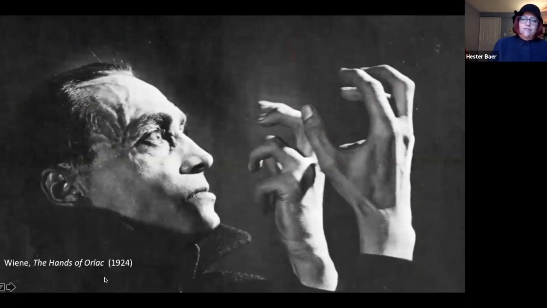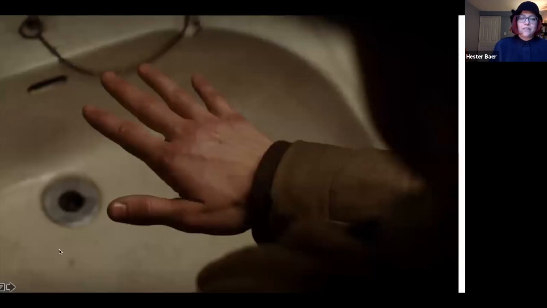And this image of the hands, the body parts out of control, is taken up very prominently in many Weimar films. This is another film by Robert Wiene, the director of The Cabinet of Dr. Caligari, Orlacs Hände, The Hands of Orlac from 1924, where a concert pianist loses control of his hands. He has to have someone else's hands implanted on him so that he can keep playing, but then those hands start to carry out acts that he doesn't have any agency over.